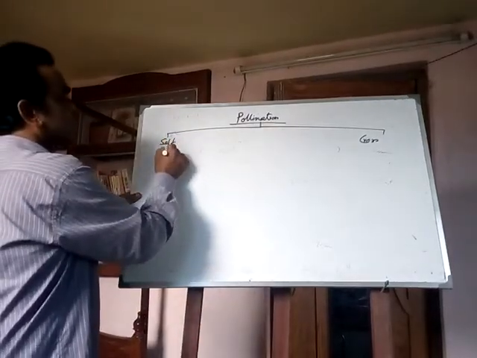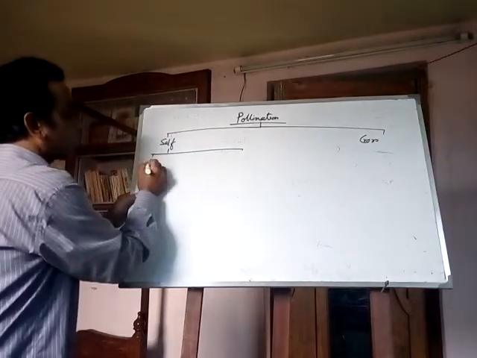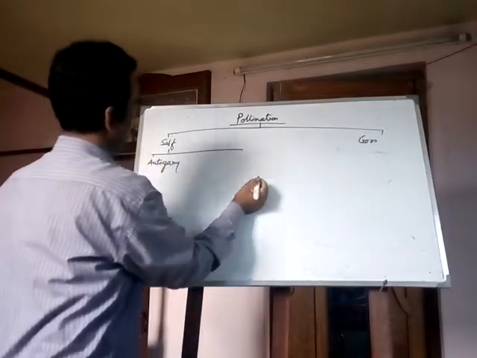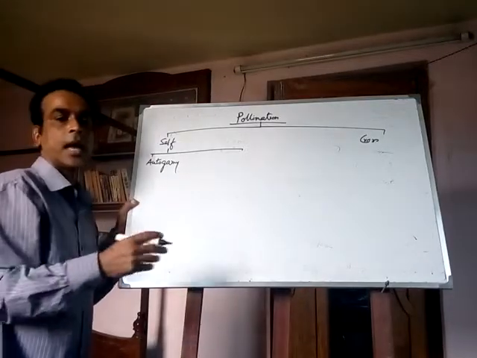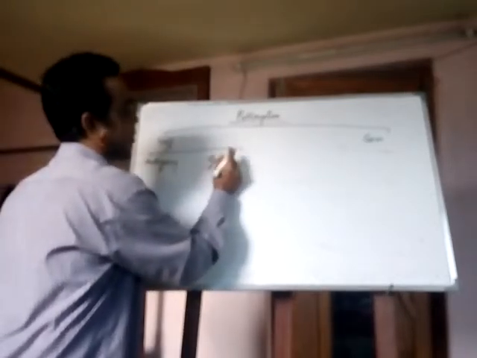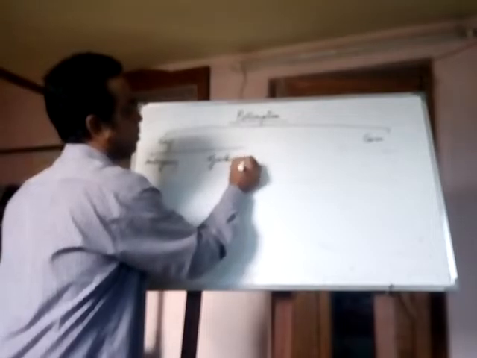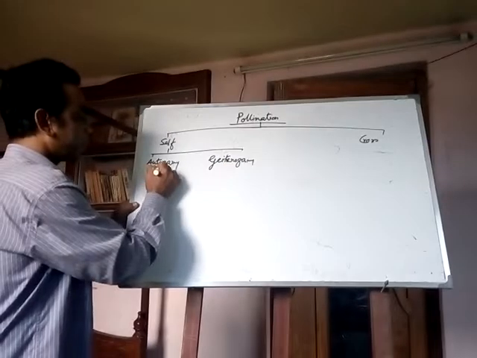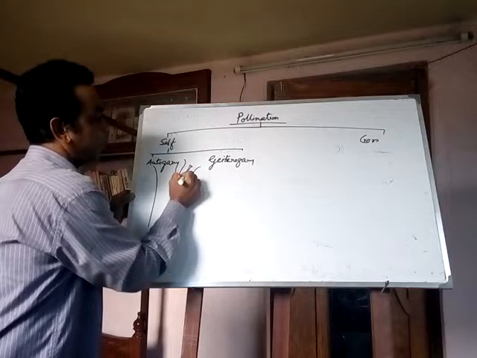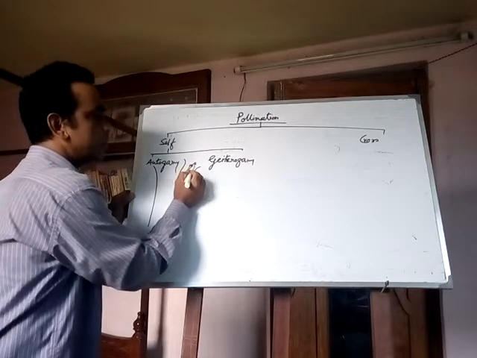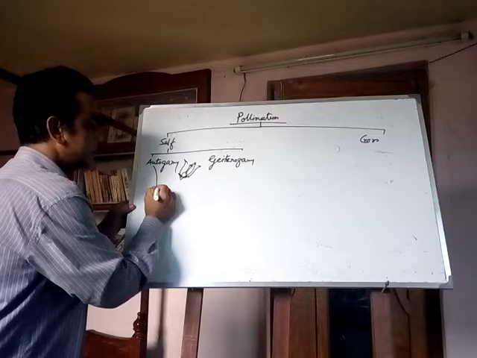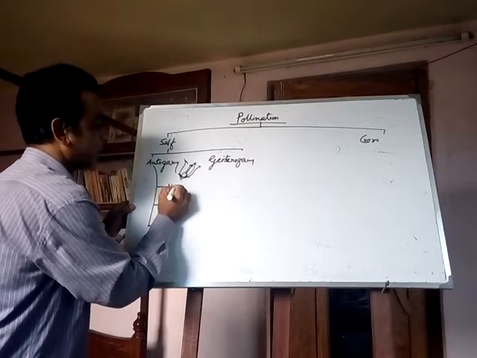It is also divided into two types: autogamy and geitonogamy. In autogamy, the pollen of the same flower falls onto the stigma of the same flower. It is of three types: homogamy,